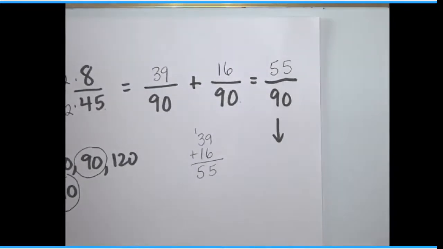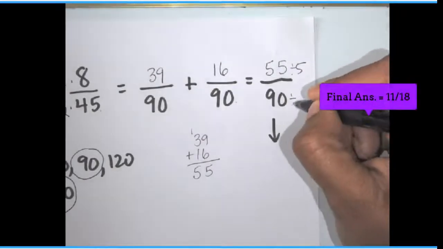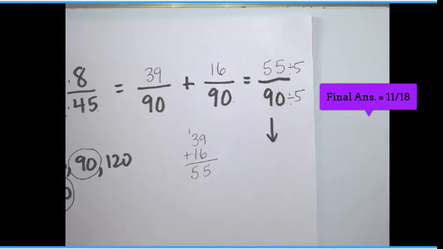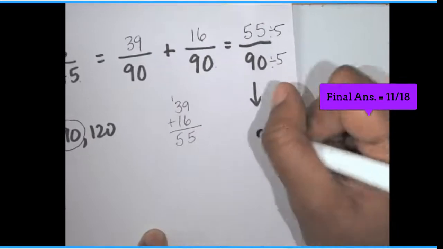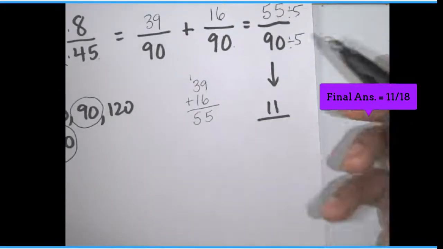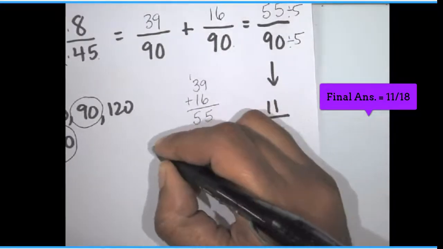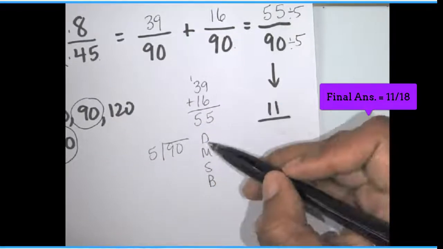So if I divide this one by 5, I would get 11. And then I'm not quite sure how many times does 5 go into 90, so I'm going to do some scratch work for the denominator. So I know that 55 divided by 5 is 11, but I'm going to come over here because I'm doing scratch work, and I'm going to do 90 divided by 5. So I'm going to have 90 being divided by 5, and then remember, it's that DMSB. So we're going to divide